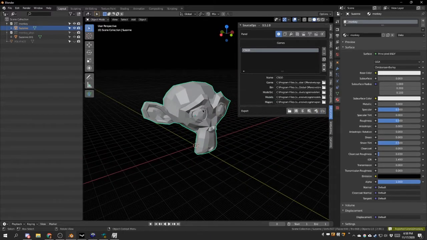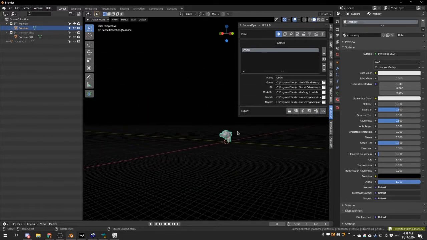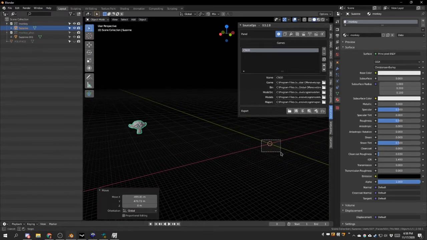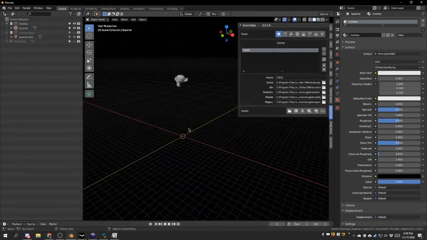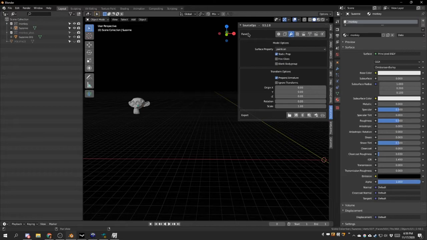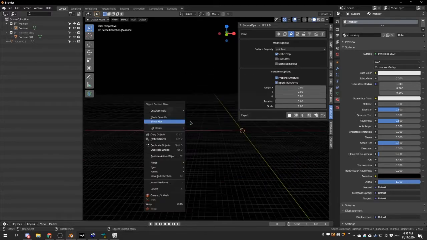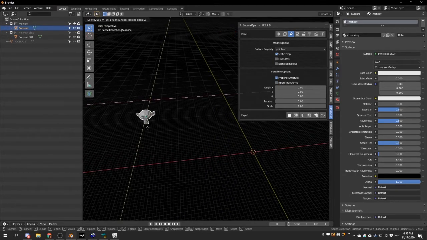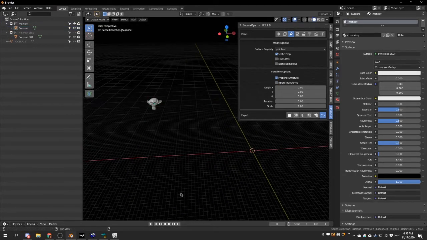Just a tiny bit. Another thing is, if we want our model somewhere out here, and we don't want the origin at the center of the world, we can go up here to the, what's this panel called? Just model options. We can go up here to the model options and do ignore transforms. So, okay, actually, I'll show you what it looks like when it's not enabled. So if we were to compile it like this,